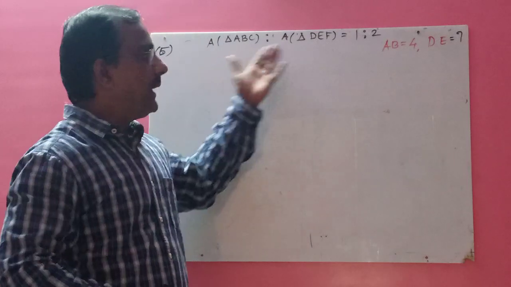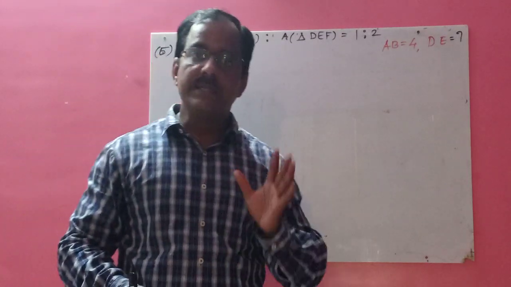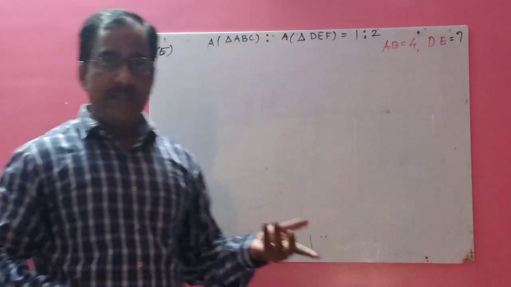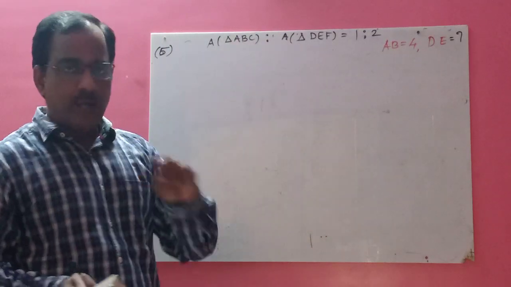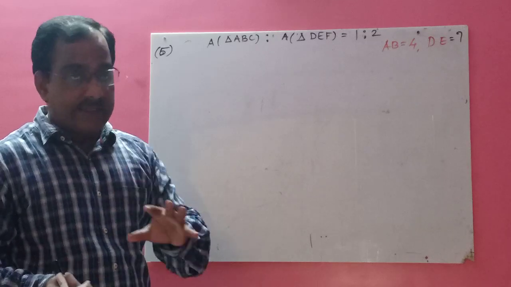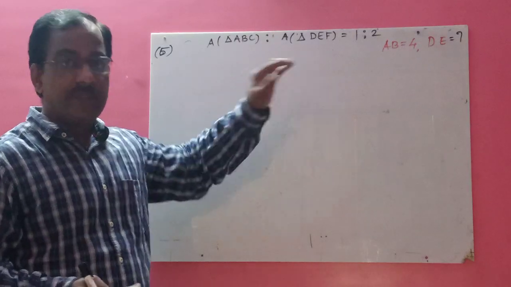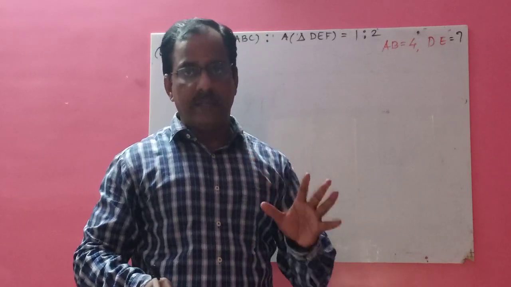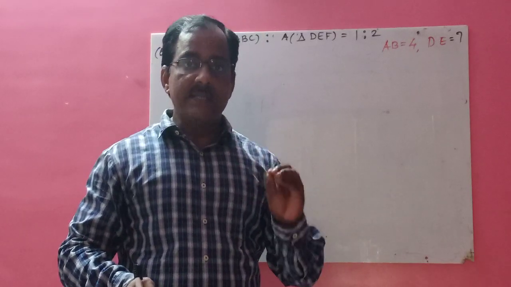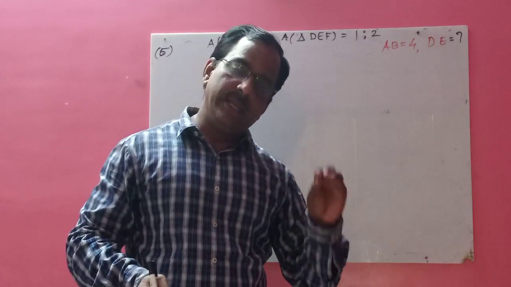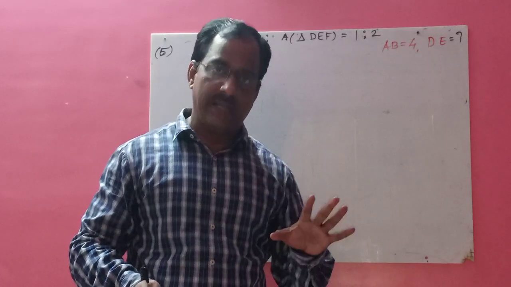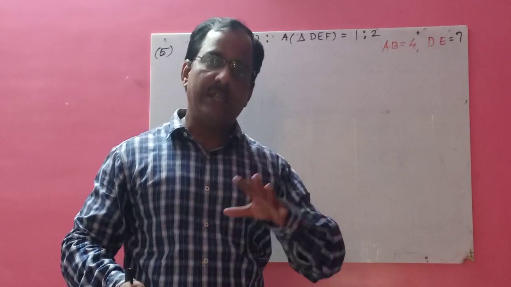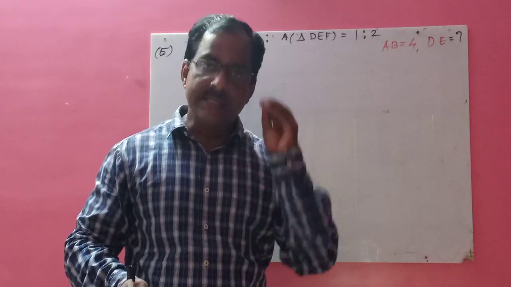So what about these two triangles? These two triangles become similar. Got it? And then you get your answer if the triangles are similar. That is not in the textbook, but I said that both the triangles are similar because each angle of both the triangles is 60, 60, 60. And children, keep in mind that if the triangles are equilateral, then they are always similar triangles. If there are 2 triangles, 3 triangles, 4 triangles, all equilateral, it means they are similar.